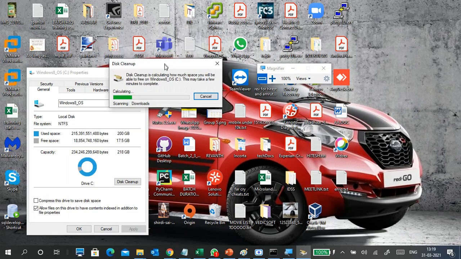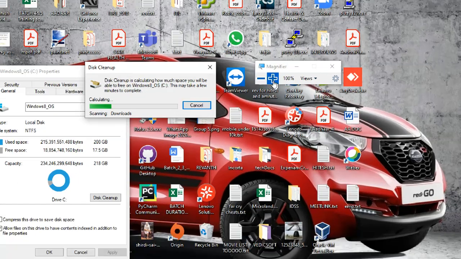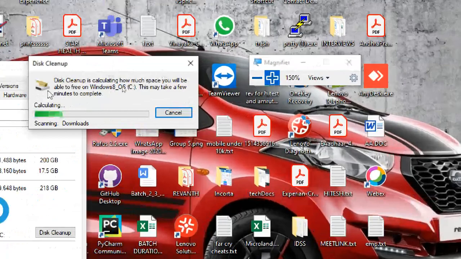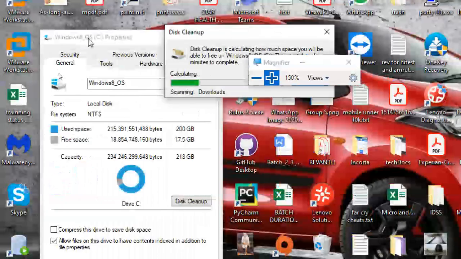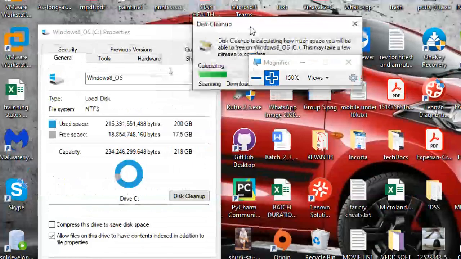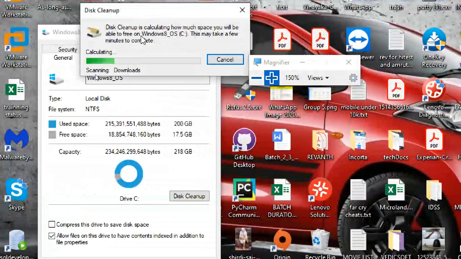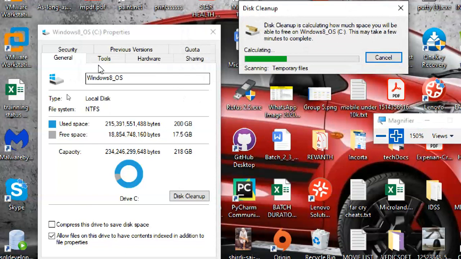Otherwise, instead of manually clearing up temporary files, prefetch files and all, I will tell you a very simple solution: go to your C drive, right click, properties, and click on disk cleanup. This is the one. It is still calculating. Let it calculate. Meanwhile, I will show you two more options.